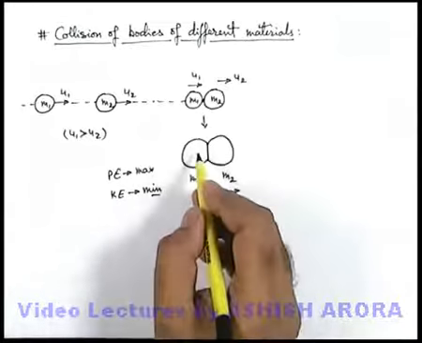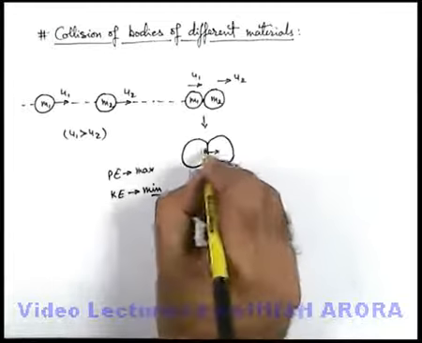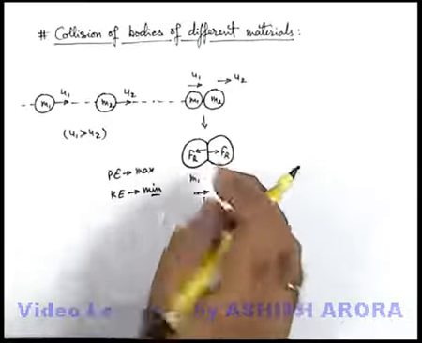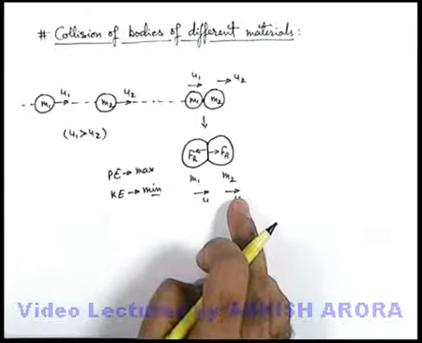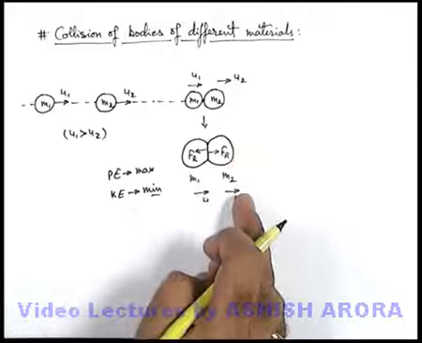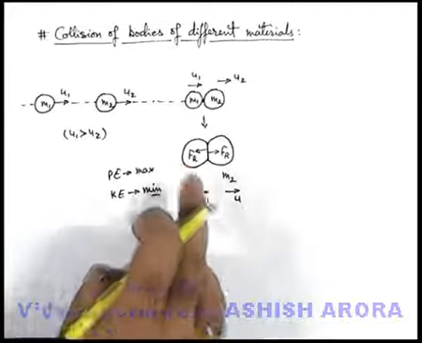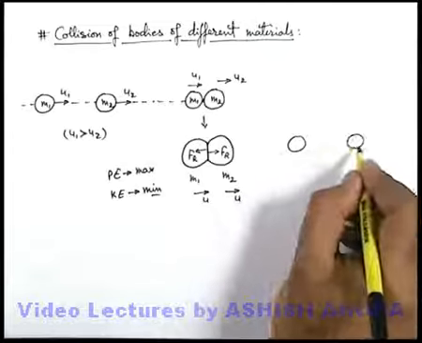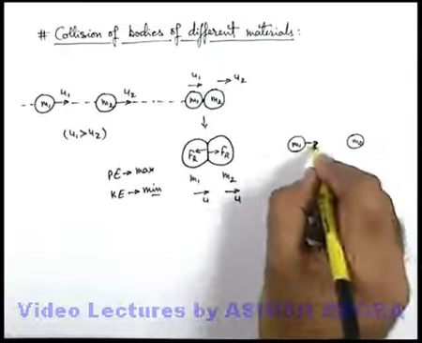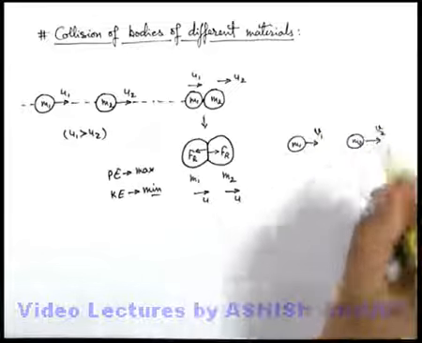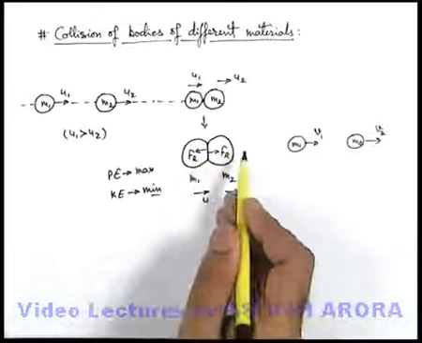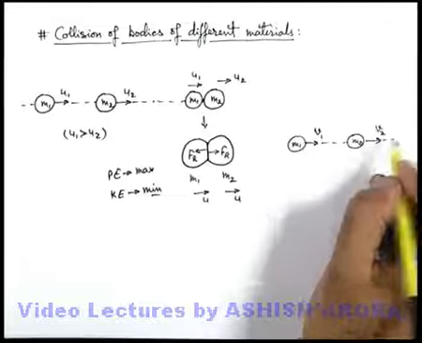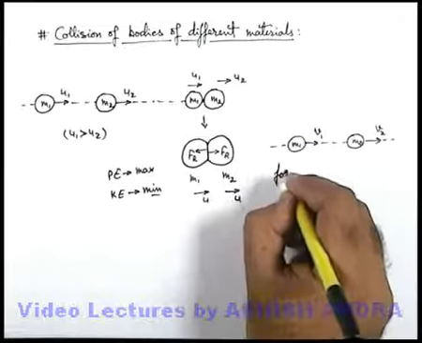Now in this situation, if bodies are elastic, the bodies will experience a restoring force in the opposite direction. This we can denote as Fr, due to which the speed of the second ball will increase because the restoring force is acting in the same direction. For the first body, the restoring force is opposite to the speed, so it will decrease. Further, we can say that the balls will separate due to restoring force. This m2, this m1, they will be moving with the speeds v1 and v2. So if bodies are elastic or even if partially elastic, some restoring force will exist in the system and bodies will certainly separate. So we can say for elastic